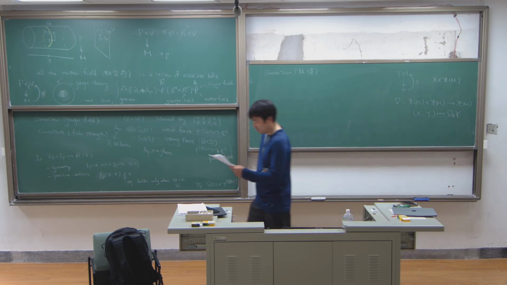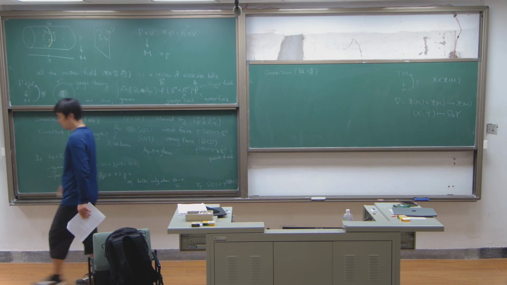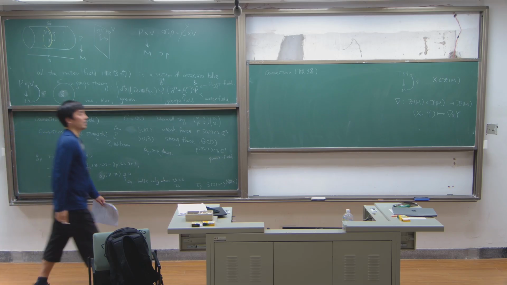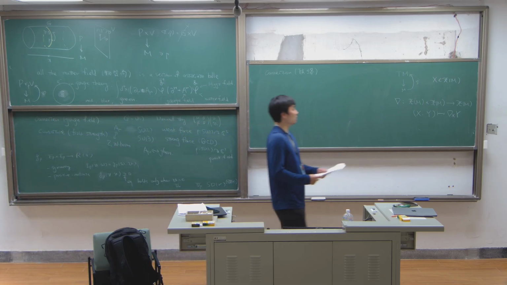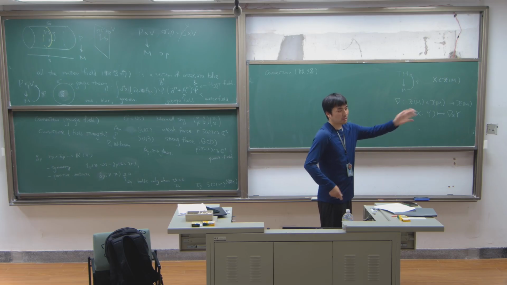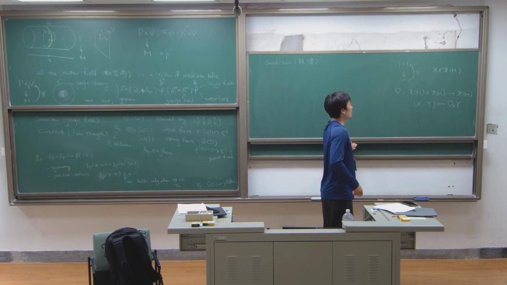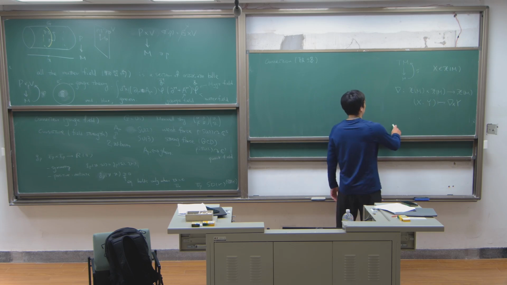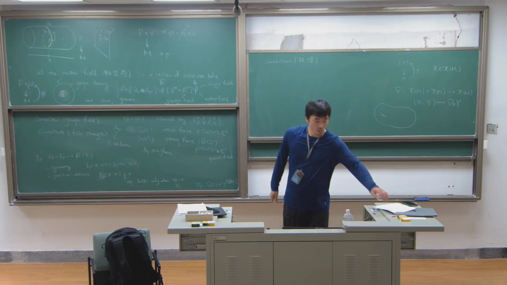We assign a new vector field. Essentially, what we did, we just assign it this way, and it satisfies certain conditions, like linearity and so on. I'm not going to repeat. Essentially, what we did is that